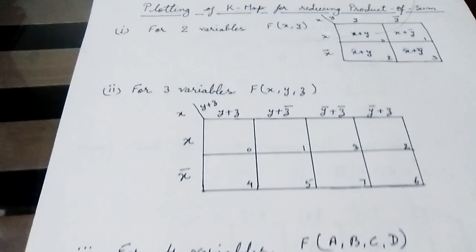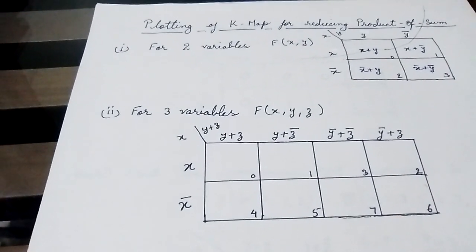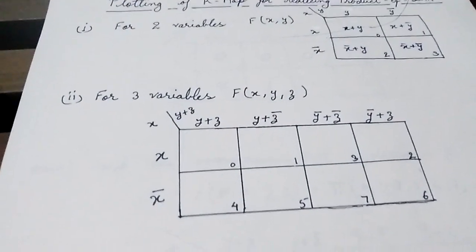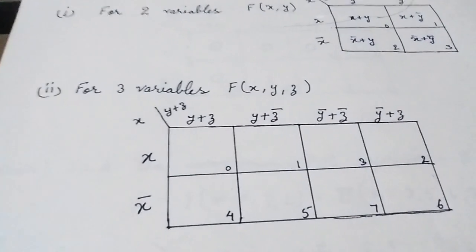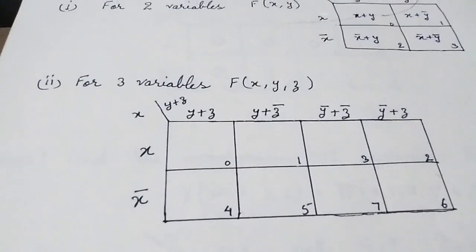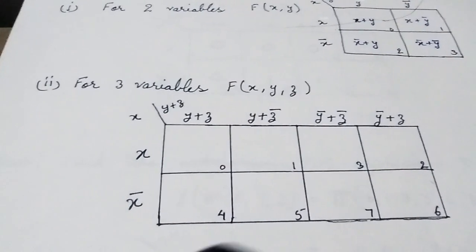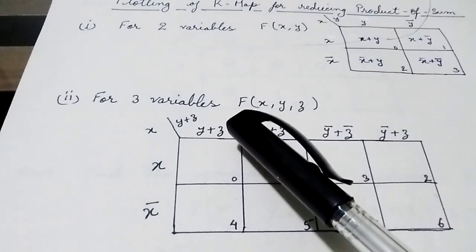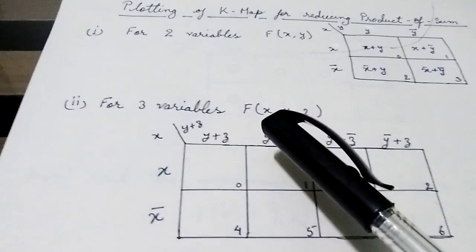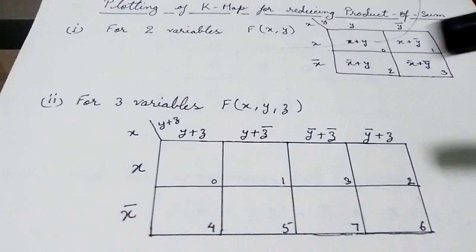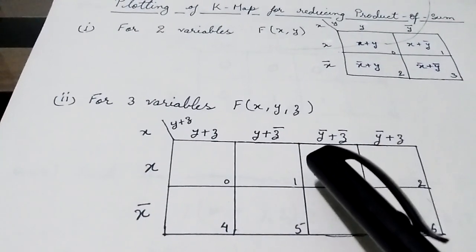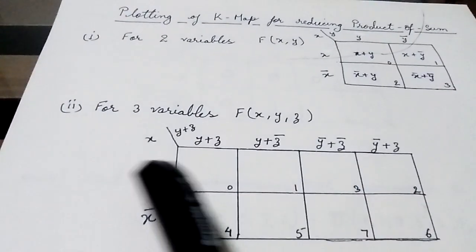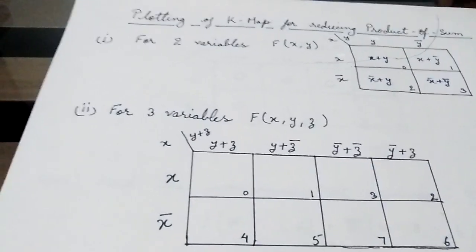Let us move to the second example, to plot the K-map for three variables. So the plotting is more or less the same. What you need to pay attention to is the combination set that you will put for the variables. So you see, instead of X you will put X bar, instead of Y bar Z bar you will put Y plus Z, or Y plus Z bar, or instead of YZ you have to put here Y bar plus Z bar, Y bar plus Z. The max term combination of the variables.